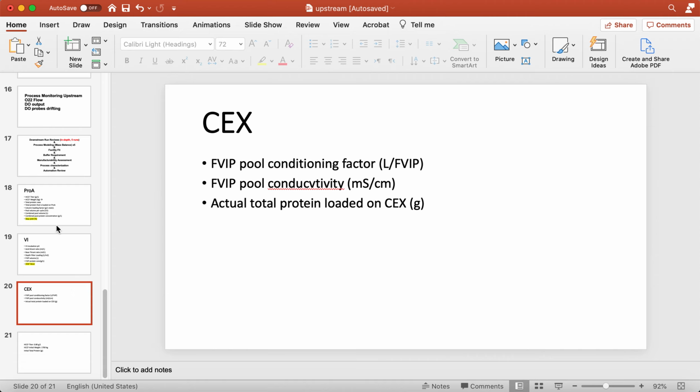CEX, and then CEX conditioning, and then they measure the conductivity right after that. After doing the conductivity, this is the conditioning factor, actual total protein loaded on CEX, then